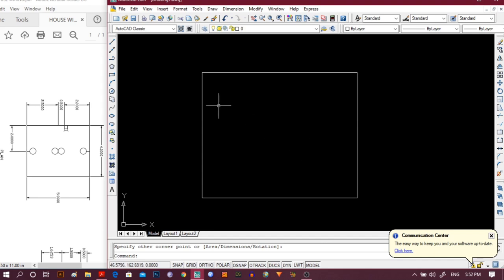The thickness should be 0.5 meter throughout this rectangle, and it will be placed in the inner part of that particular rectangle. So let's start. First give the dimension.